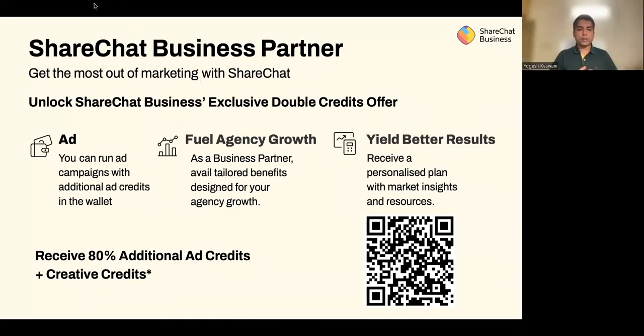So yeah, like I mentioned, we allow you to have a lot of targeting metrics for your campaigns, and you can customize on your own. Broadly, like I mentioned, age, gender, and location. Within age, you can select the range that you want to target. So let's say if you want to target teenagers, you can select the minimum and the maximum age that you want to target. And in fact, while setting up your campaigns, we'll indicatively show what is your estimated audience reach for that particular age targeting that you have selected.